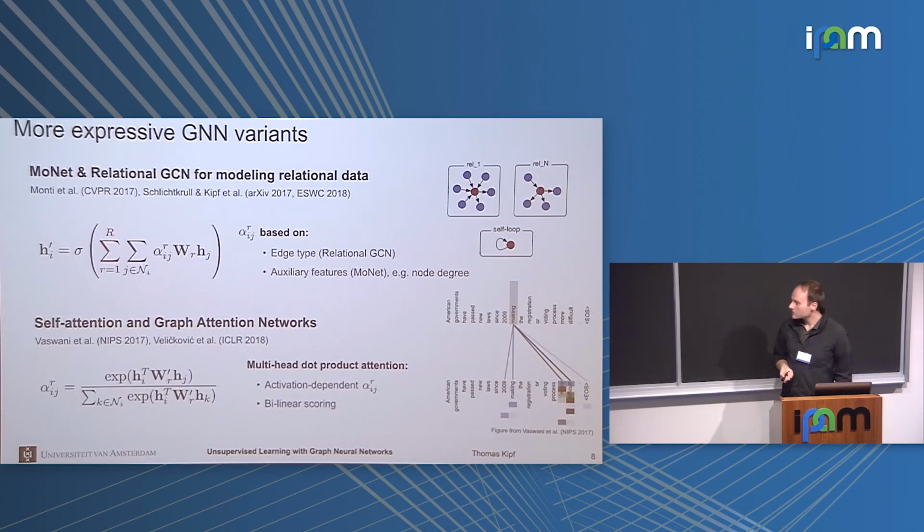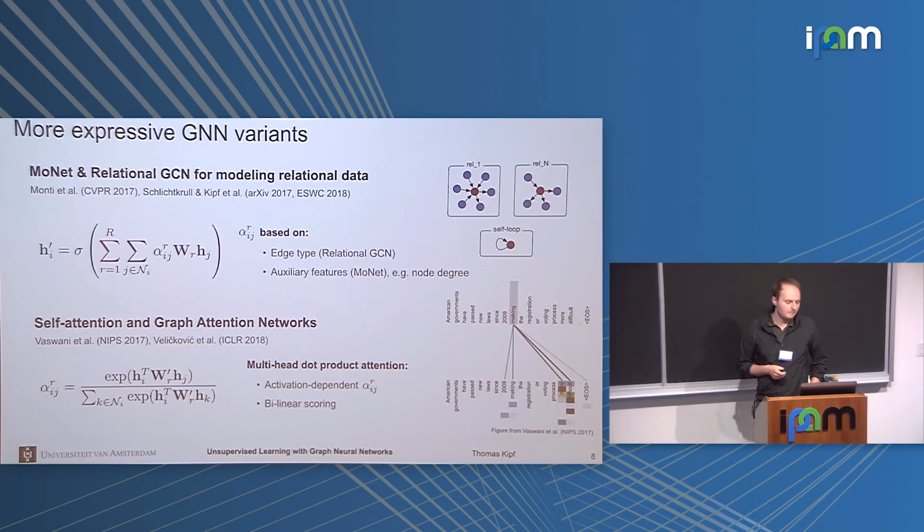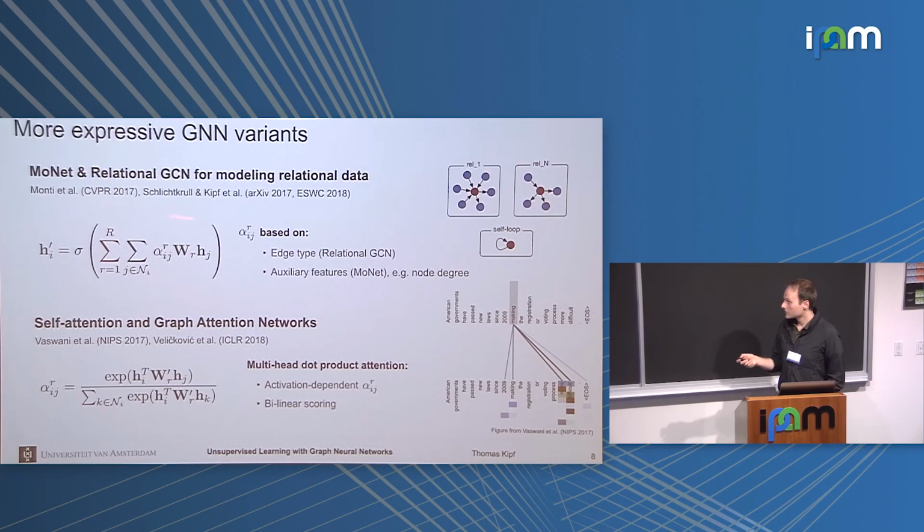And an extension of this framework is to not fix this normalization constant. So far I haven't really talked much about this normalization constant. Usually in the early works you would just say the normalization constant is something like 1 over the number of neighbors, or something that depends on the number of neighbors. But you can also choose this normalization constant based on the features of the neighbors. So you don't have to necessarily take the node degree, but you can also just choose the activation of the neighboring feature vectors. And that's basically the basis of self-attention models or transformers in NLP.